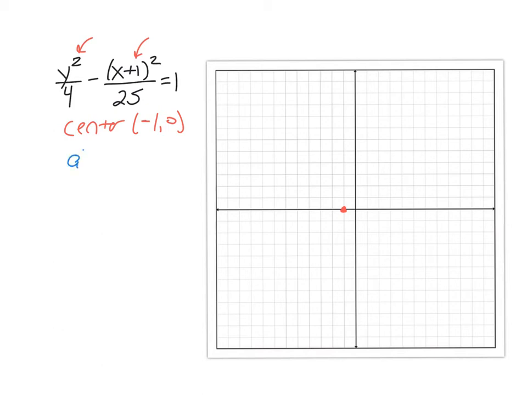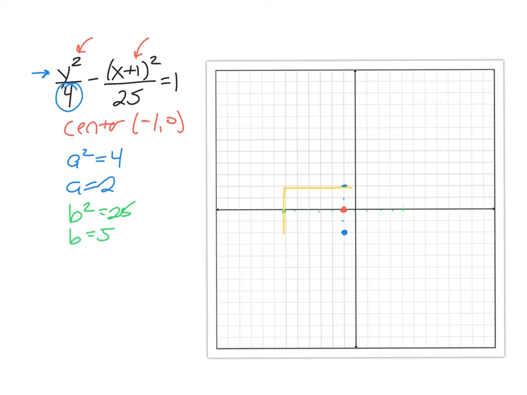Now a squared is 4, which means that a is 2, but notice that our first expression is y squared instead of x squared. So we are going to go up 2 units and down 2 units along the vertical rather than the horizontal. Then our b squared is 25 and our b is 5. Now we go along the horizontal, 1, 2, 3, 4, 5, 1, 2, 3, 4, 5, and that helps us